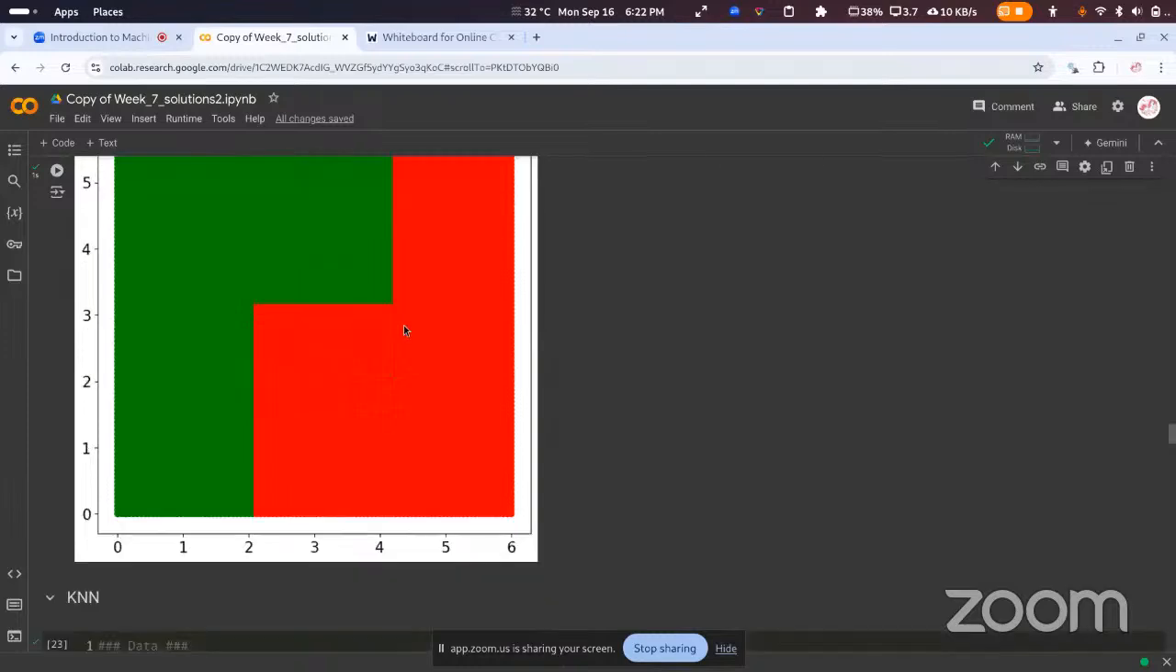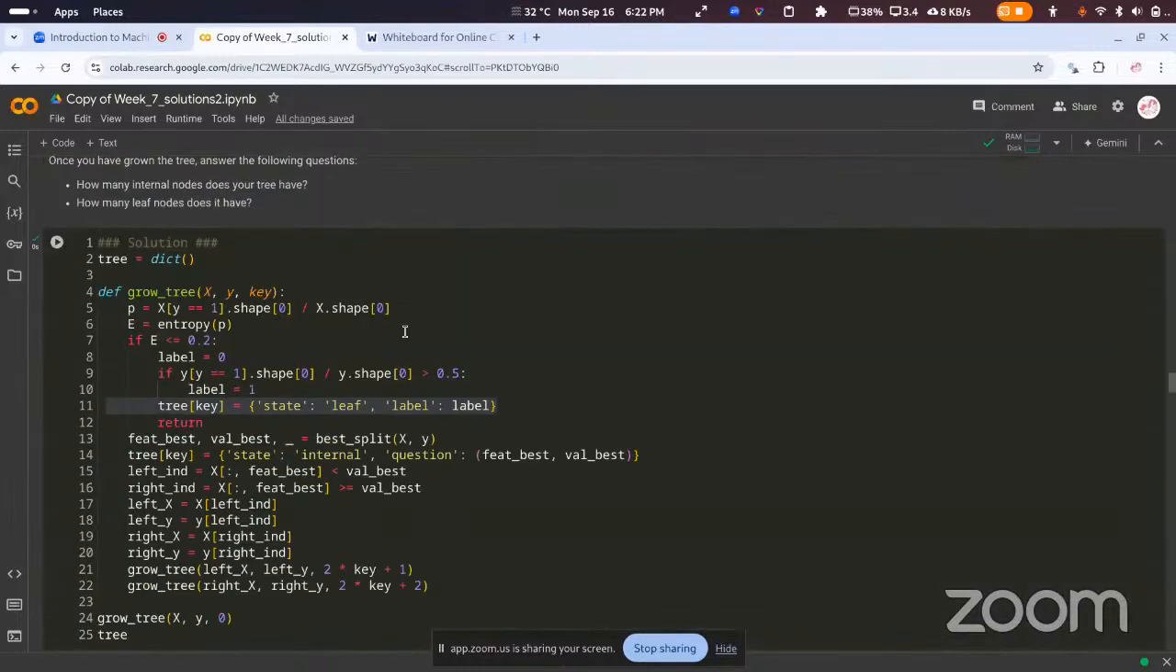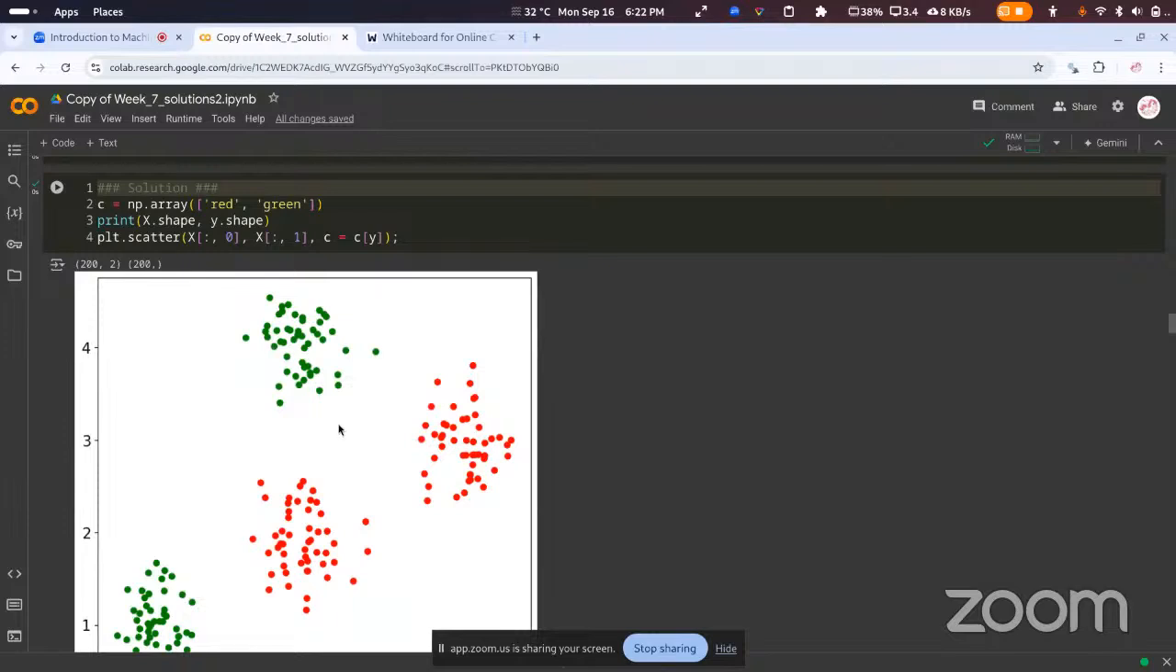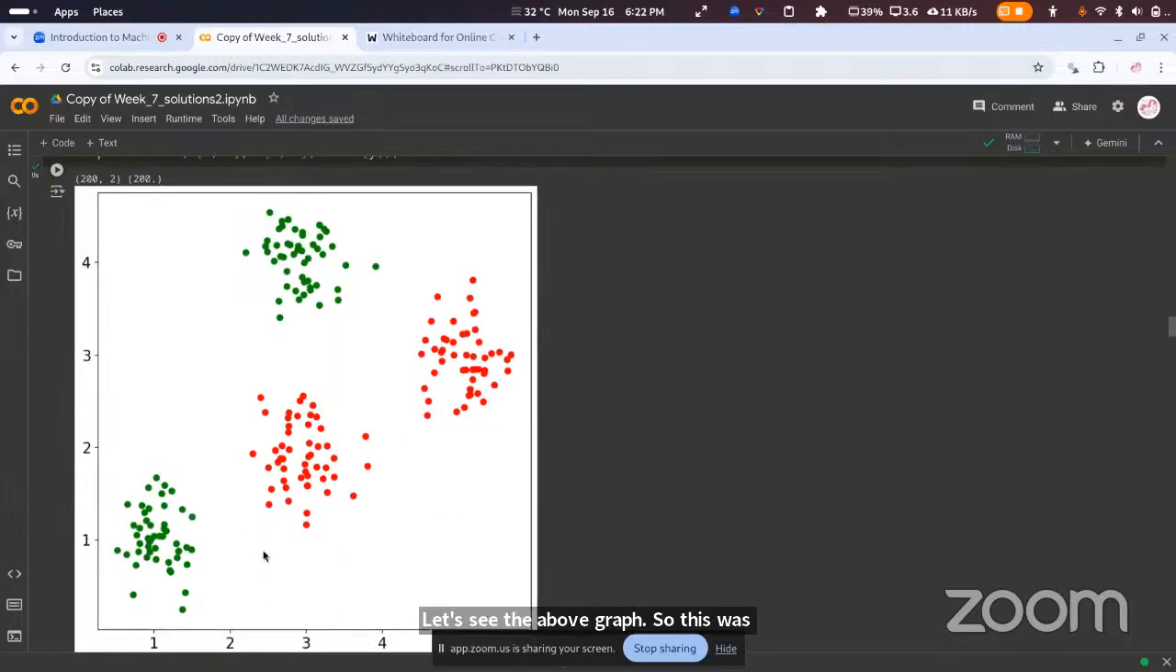So let's see the above graph. This was initially the data set which was given to us. So we can see that this region, say,